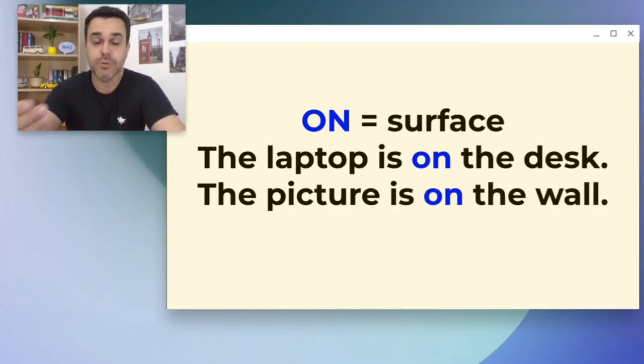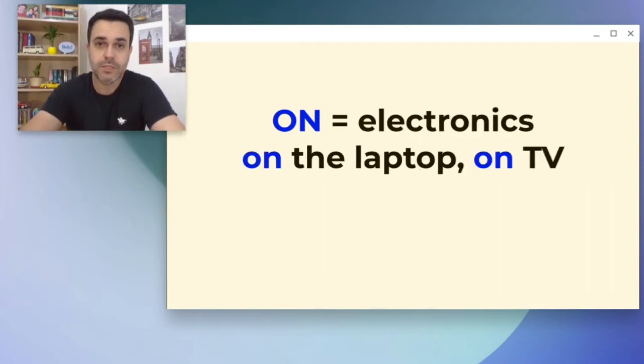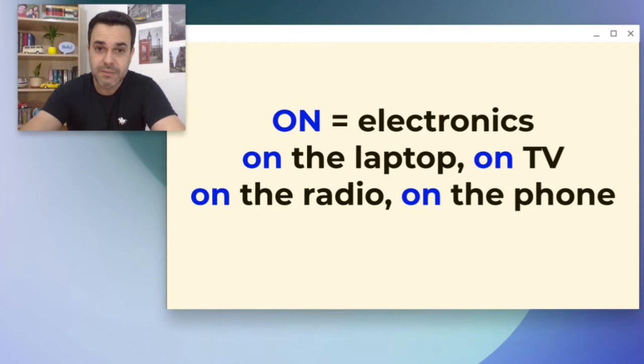The picture is on the wall. It means it's on the surface of the wall. Or the photo is on the screen. It's like it's on the surface of the screen. Speaking of screens, when you talk about electronics, use on the laptop, on TV, on the radio, on the phone,